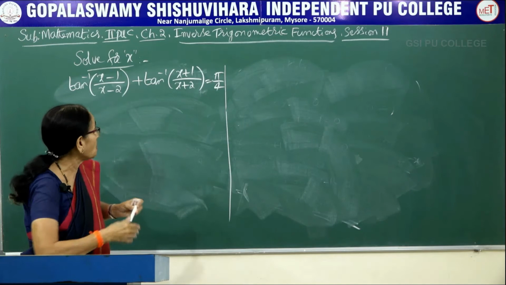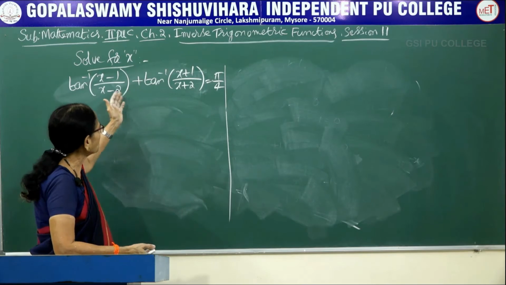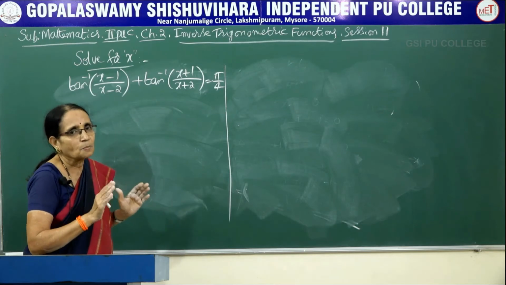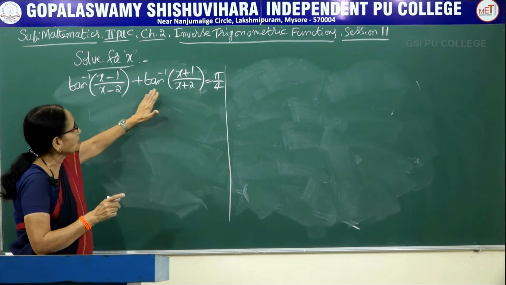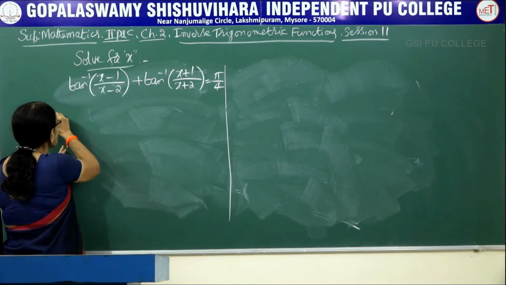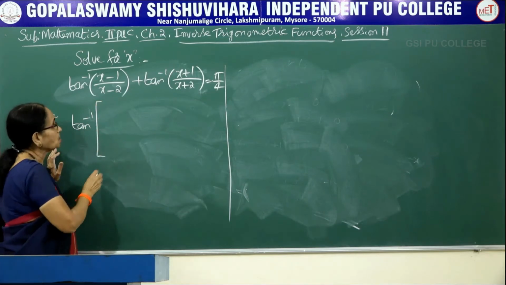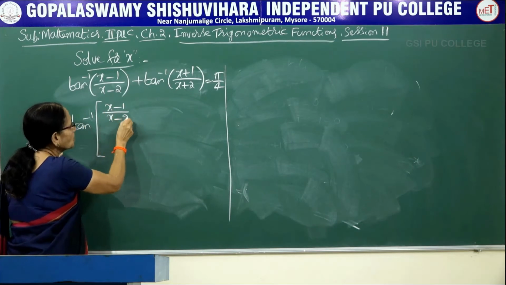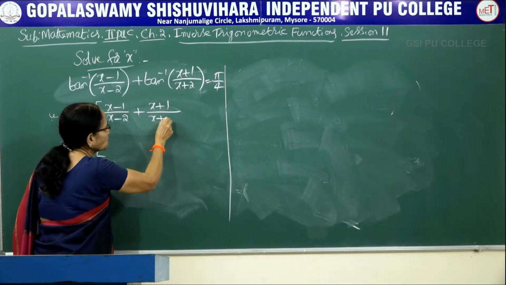Whereas here you observe each function inside the bracket is in the form of a fraction. So while taking the addition and multiplication, you have to be careful when you take the LCM and simplify the function. But the same property I am using here, tan inverse of x plus tan inverse of y, the first result of the fourth set of property. So let me use the property here, tan inverse of x plus y, x means x minus 1 over x minus 2, plus y, that means x plus 1 over x plus 2.